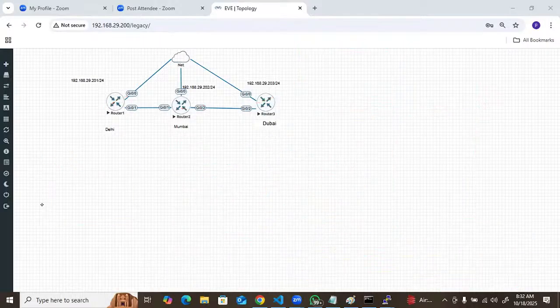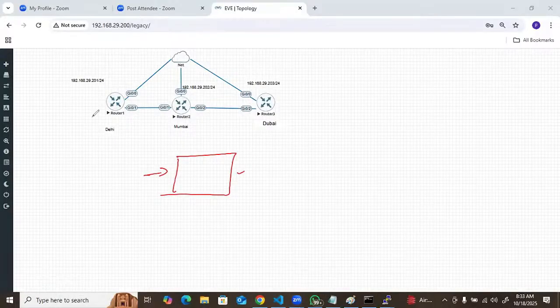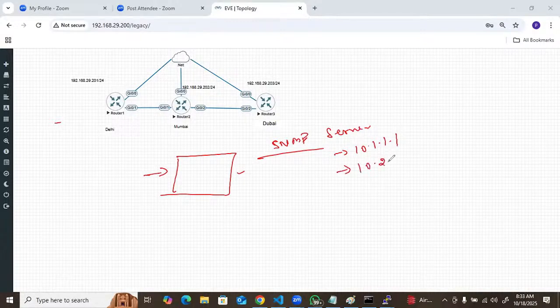I just prepare one script. Might be that script is just a wrong script. Suppose you prepare one script: the SNMP server IP, earlier it was 10.1.1.1, now it's 2.2.2.2. So you prepare one script there.